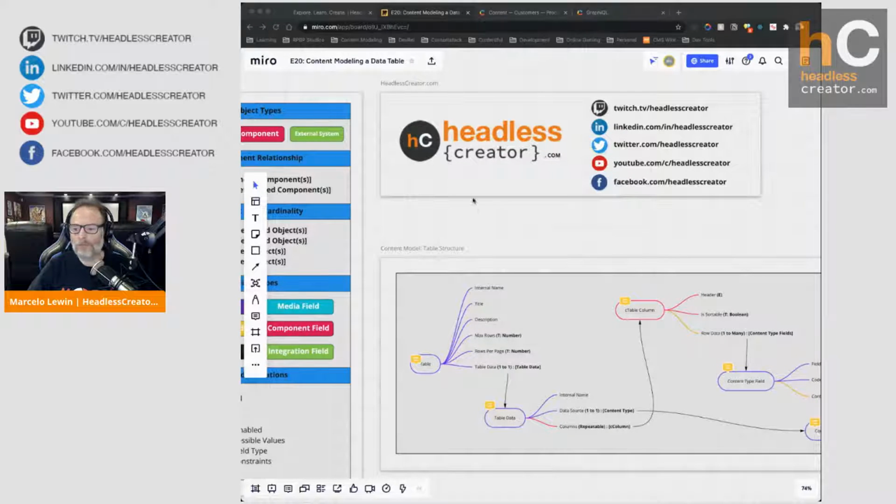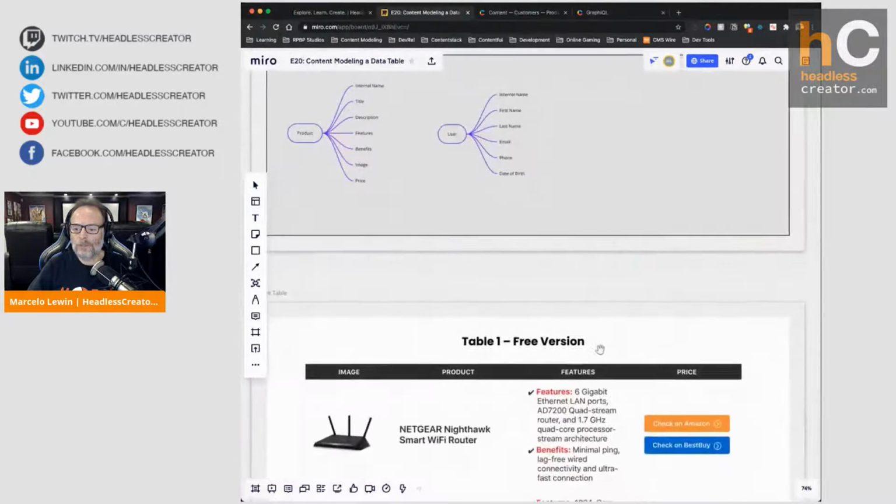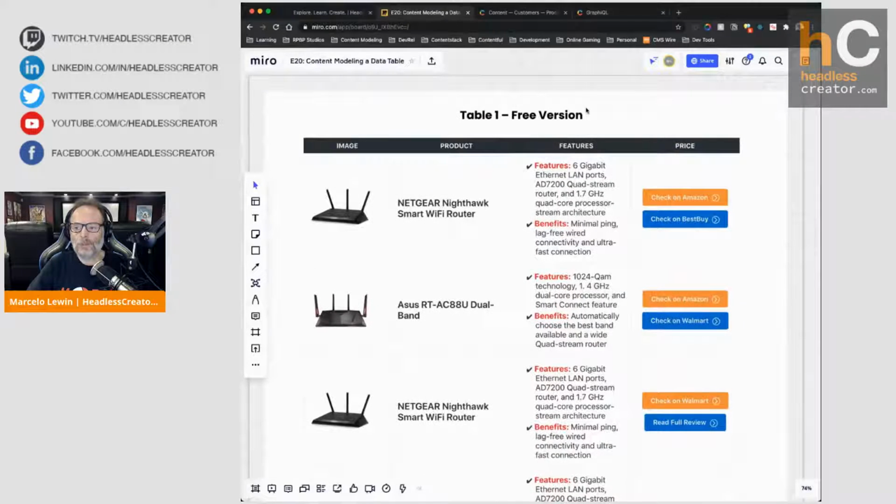Alrighty, here we are, and let me show you what I mean by that. This was posted on the Contentful Slack by somebody that said, hey guys, how would you model this? And of course, the immediate reaction would be, well, let's just create a content type that holds a table, and it has some fields for the header, some fields for the content, maybe a reference. Each field has a reference to the content type. In this case, it looks like it's product.